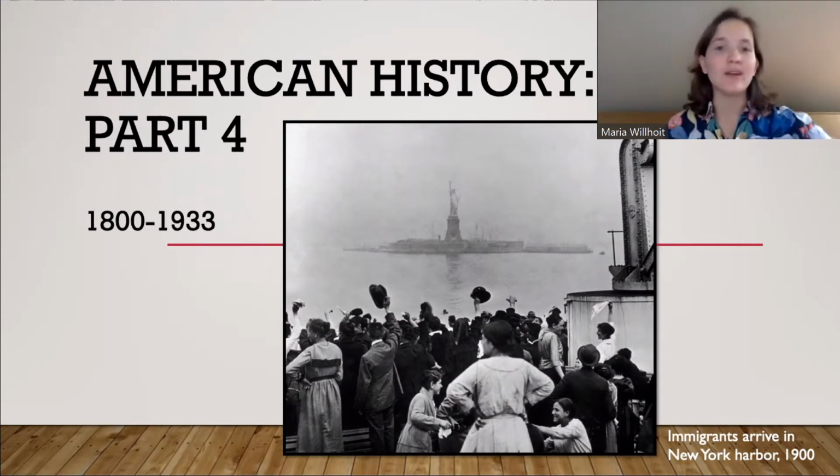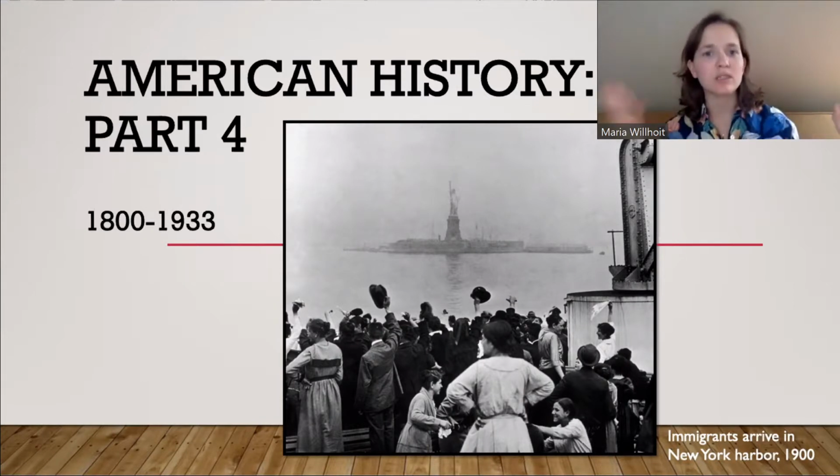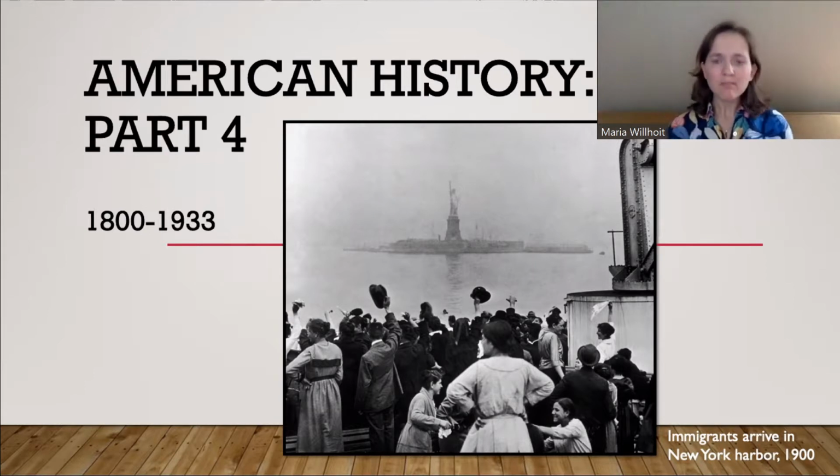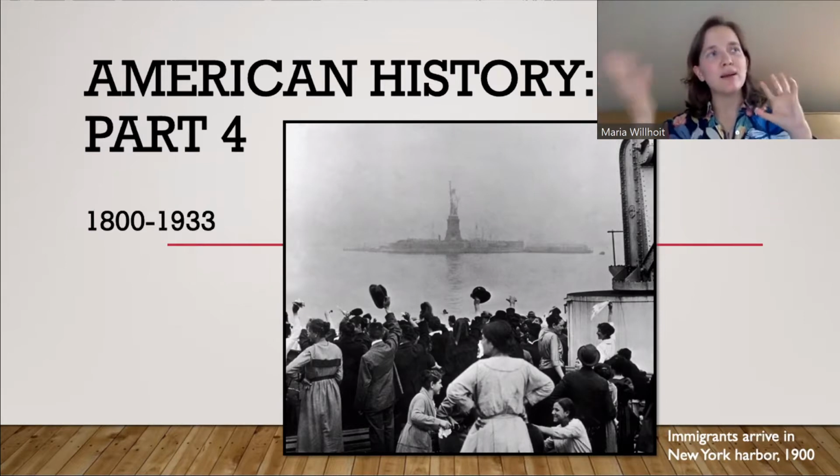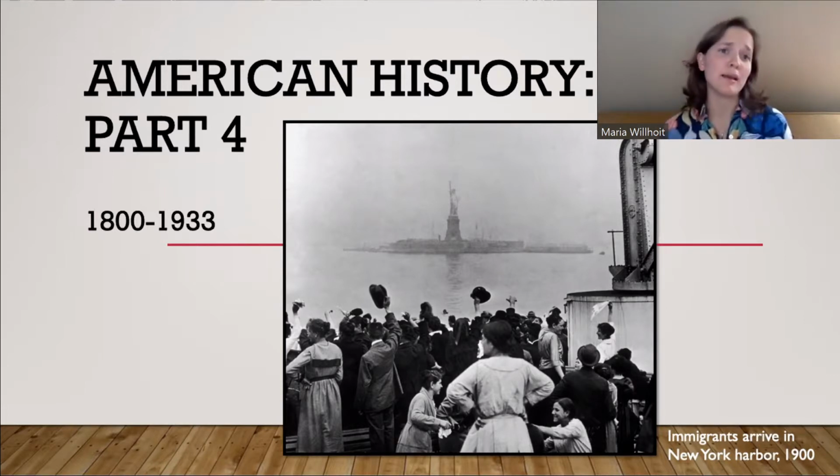It's not to say we never had it before, but we generally tended to have immigrants in America who came from the same region. Now we're starting to expand and have different groups of people. But this is a quintessential image, I think, that even Americans have of immigrants arriving to American shores. They see the Statue of Liberty and they wave to her because she is the first thing that they see when they arrive in America, the symbolism of freedom, and that's why many people did come to America and still are coming, actually.